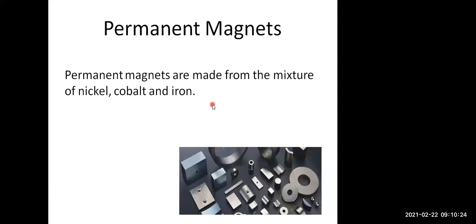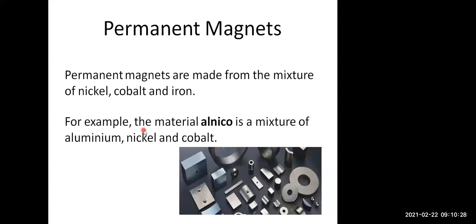Okay, we'll take one more example of a permanent magnet. The magnetic material called alnico. Again, this alnico is a mixture of aluminium, nickel, cobalt. Remember, alnico is a mixture of aluminium, nickel, cobalt.